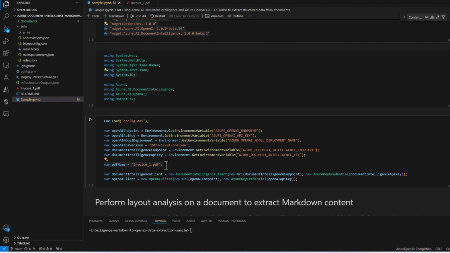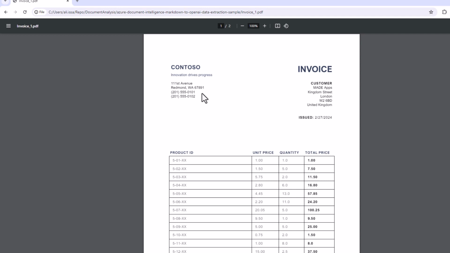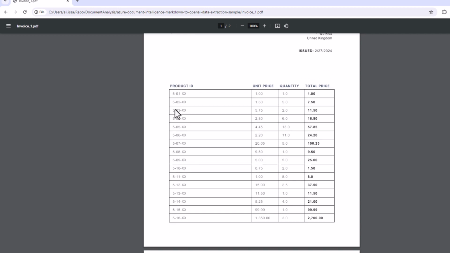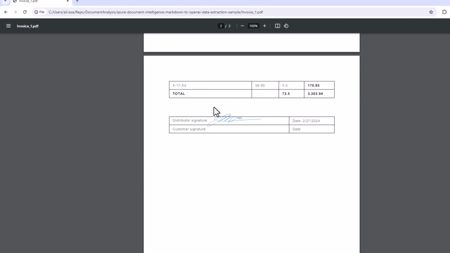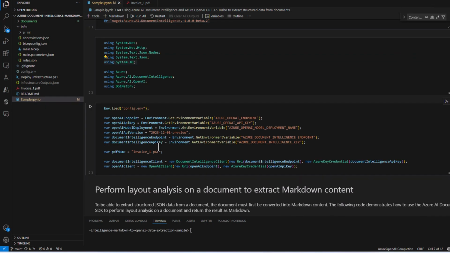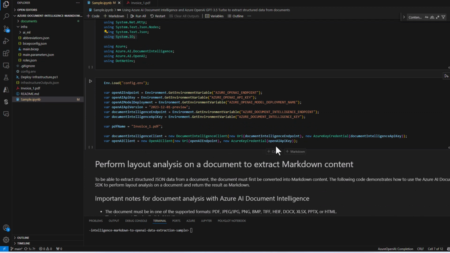And before proceeding, I would like to show you how this invoice looks like that we will process today. Now this is a pretty basic invoice where we can see the company name, we can see the address, we can see a list of products with their respective unit price, quantity, total price, and so on. And lastly, we are initializing the clients for both Document Intelligence and OpenAI services using the specified endpoints and API